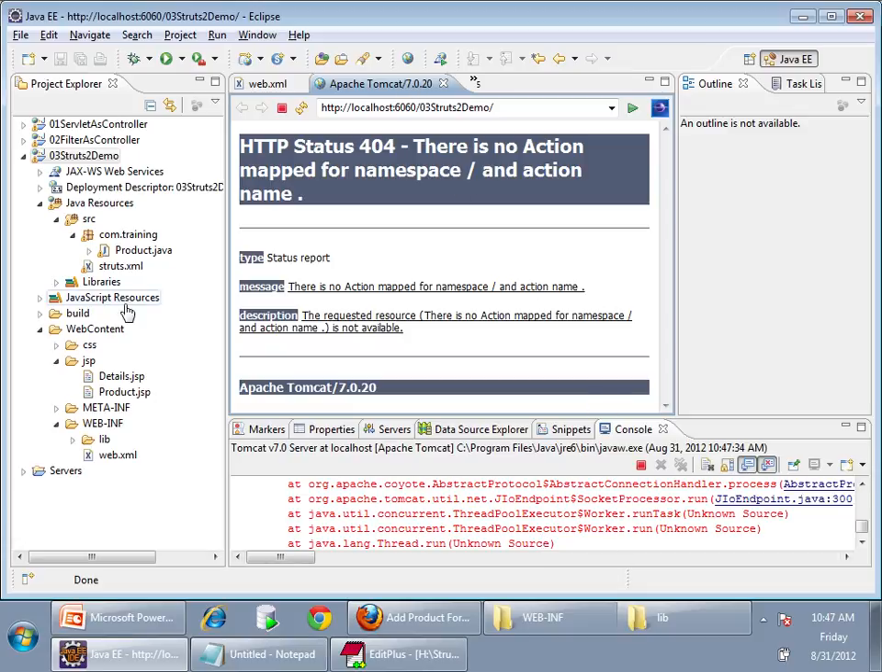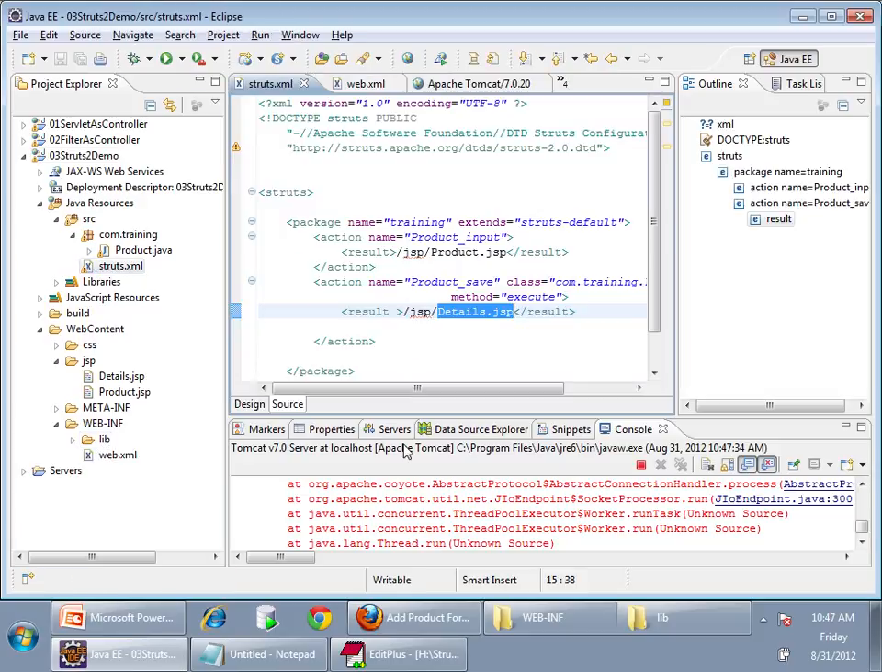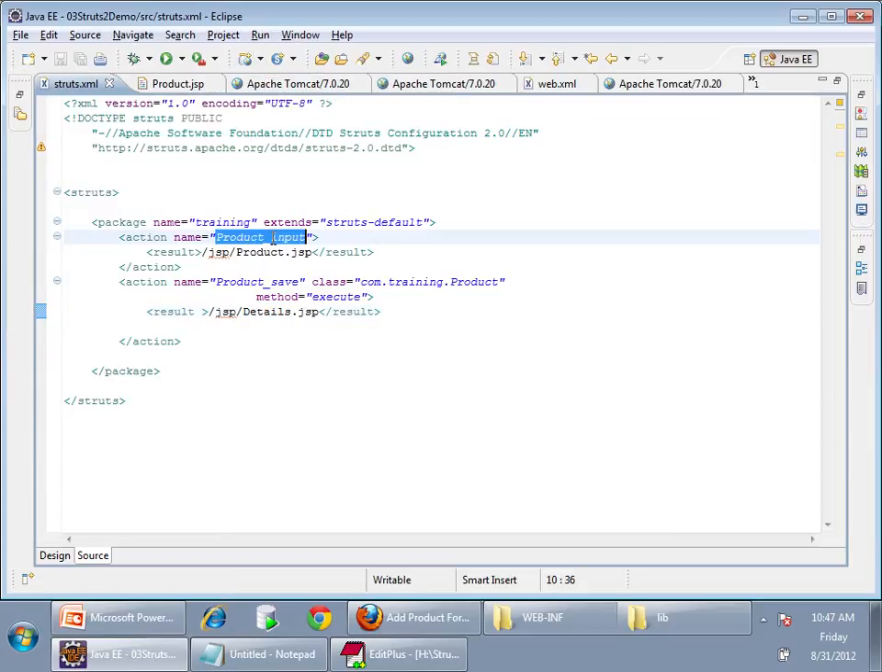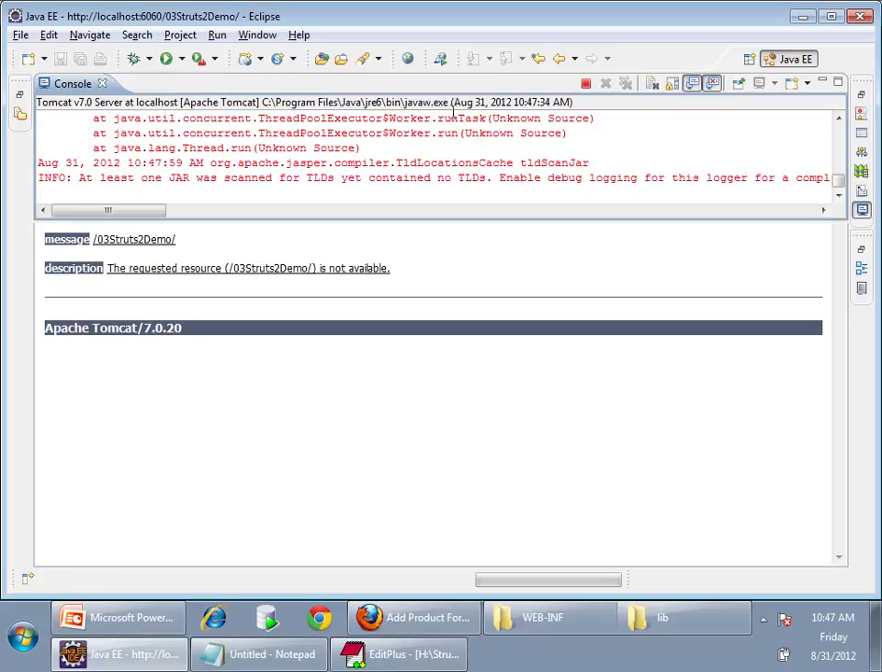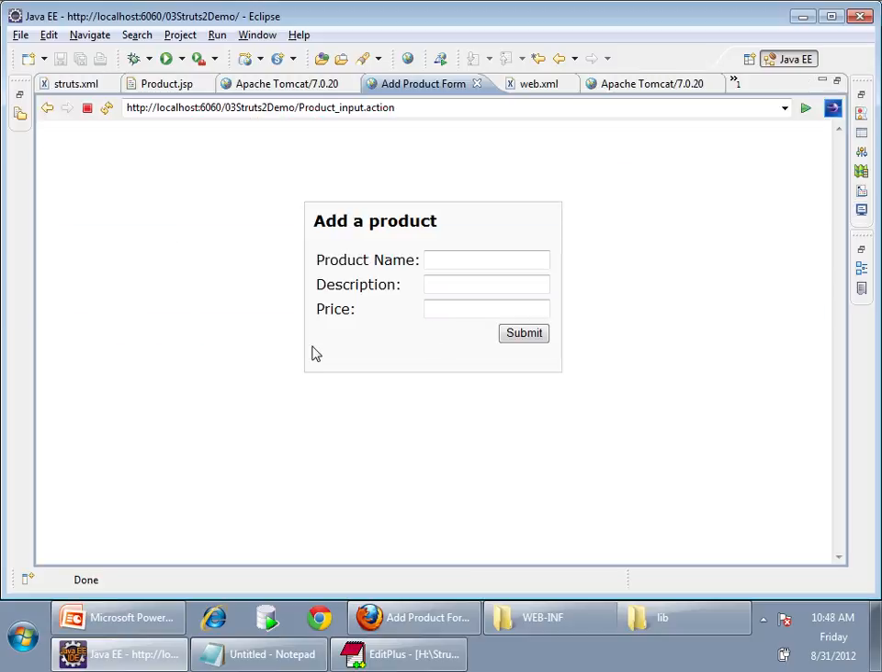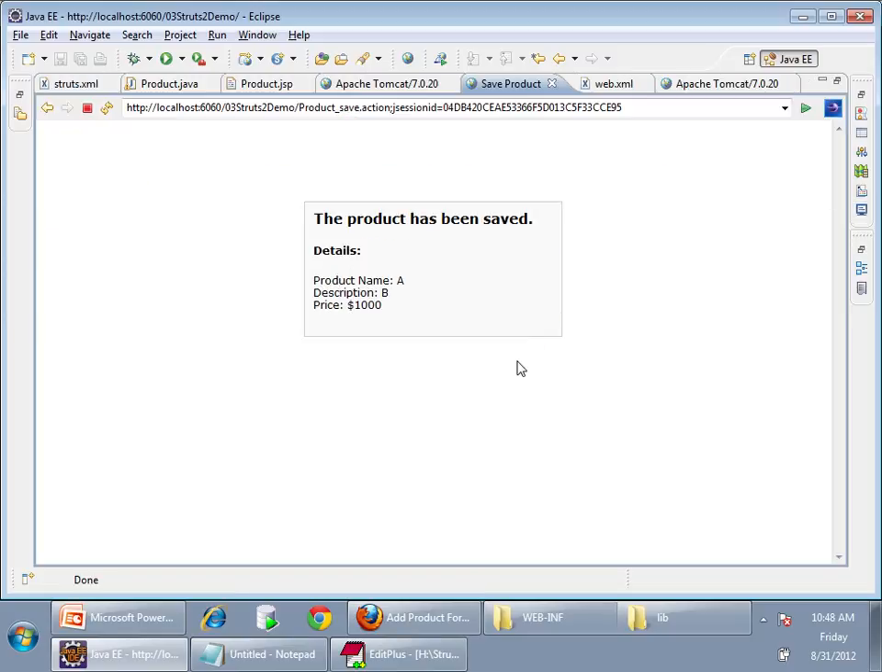Now I'll open struts.xml and I'll give product_input.action. See, I got it displayed. Now I'm adding product name A, description B, and price is 1000. It is displaying the next one also, right? Just see here